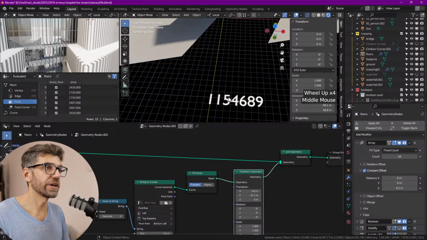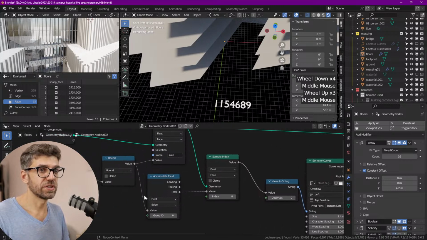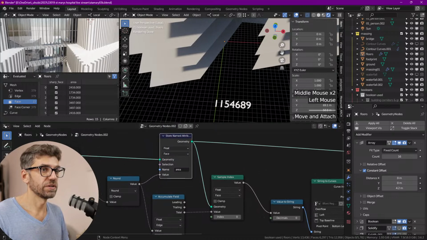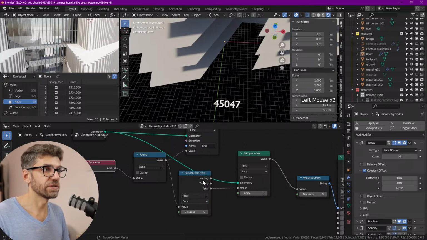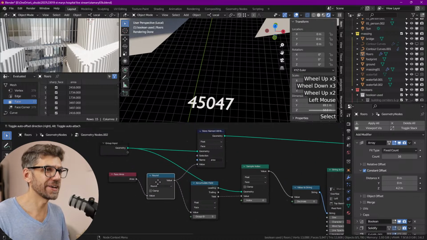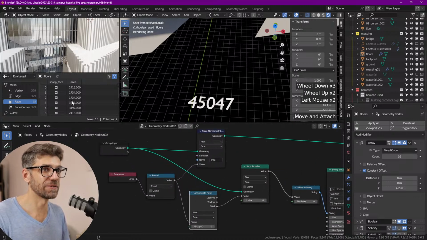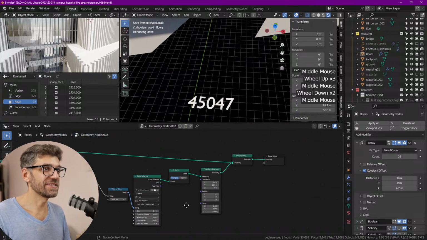That's bigger than what I got last time. So let's make sure that this is right. Face area comes in here. Maybe that doesn't need to go in there. Makes no difference. Do we need to run? Ah, okay. This is on edge. That shouldn't be on edge. This needs to be on face. There you go. That's more like the number I got before. I got worried there for a second. I was like, how do we have so much area if those are our numbers per floor plate? That's much better. So that's the area,